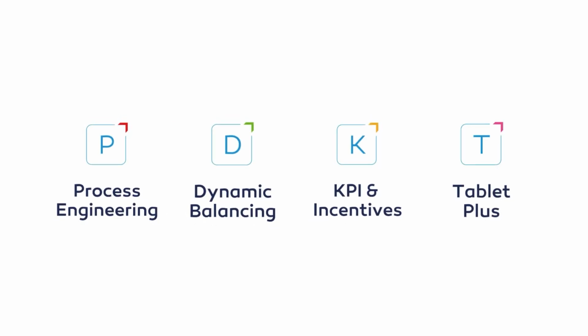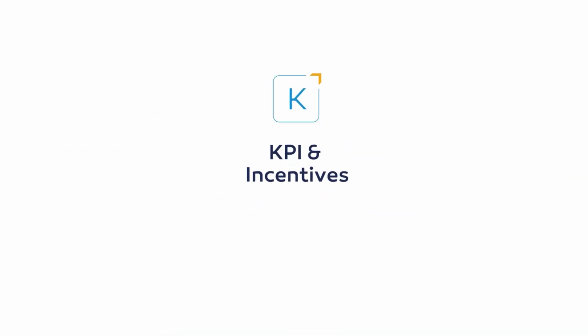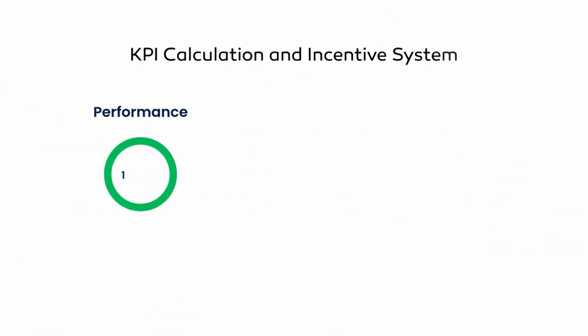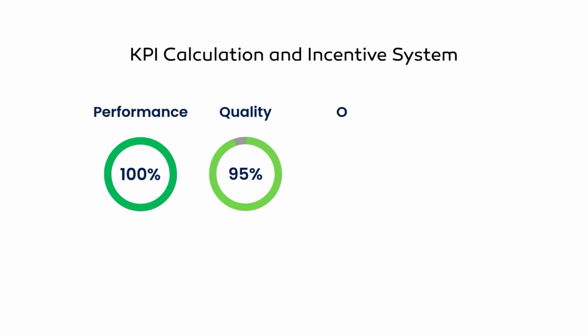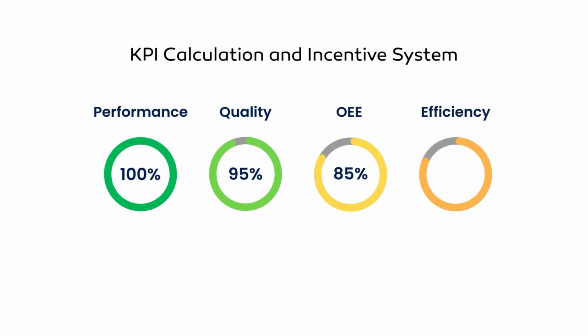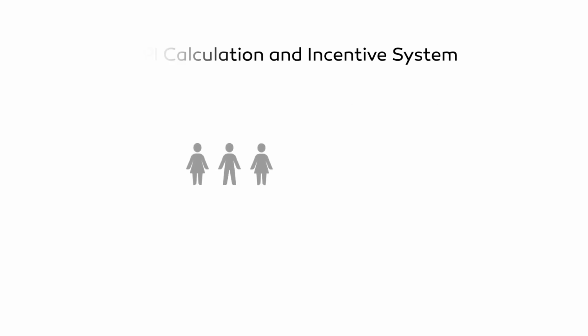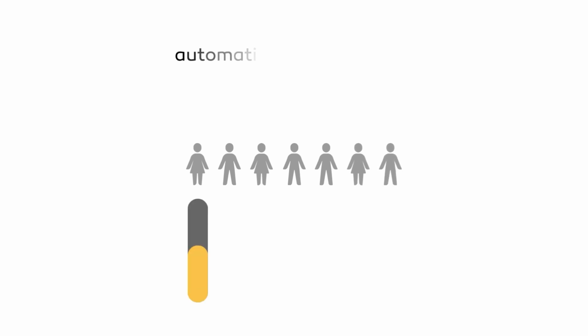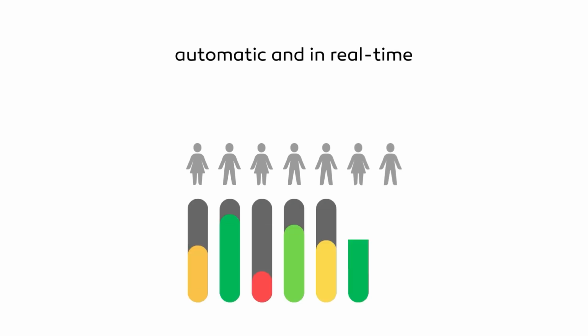The KPI and Incentives Manager module of the Approductivity 4.0 suite allows for the calculation of the management indicators or KPIs established in the company. If the company has an incentive system, it also enables real-time and automatic calculation of these incentives. These calculations are based on the integration of available information from the company's other management systems,